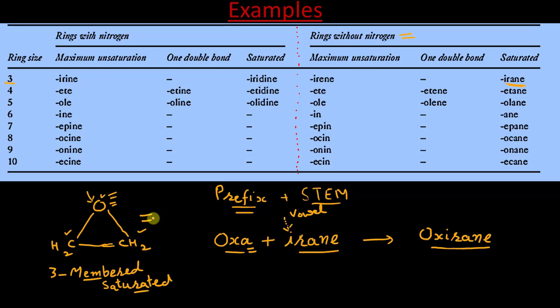So it is quite simple. When you do these problems, then you will learn. What we have done is, first we saw whether the heteroatom was nitrogen or oxygen. It was oxygen, so we chose this side for the stem. The prefix is simple, it is an oxygen atom, so the prefix is oxa. Now we have to find the stem. It is a 3 membered saturated cycle, so it comes here, the stem is irane, so its name is oxirane. As I is a vowel, we have to drop the last a from the prefix. Now let us do the next example.